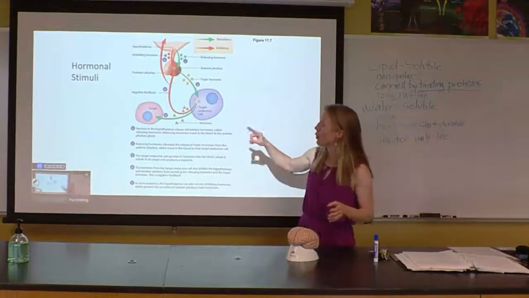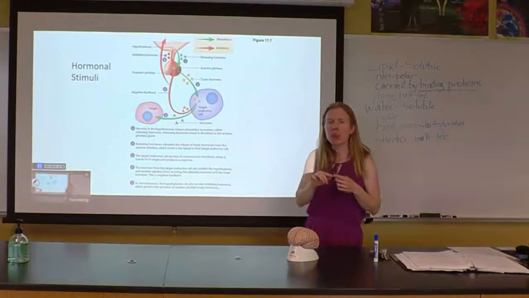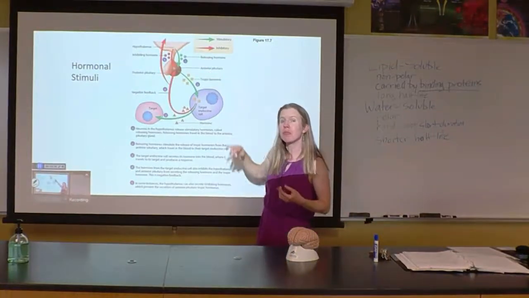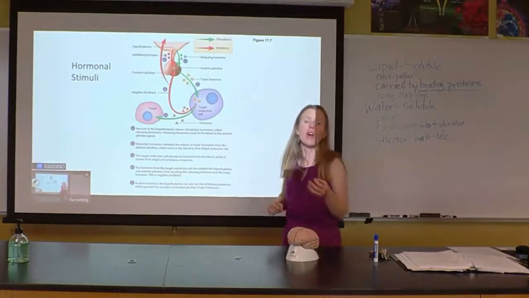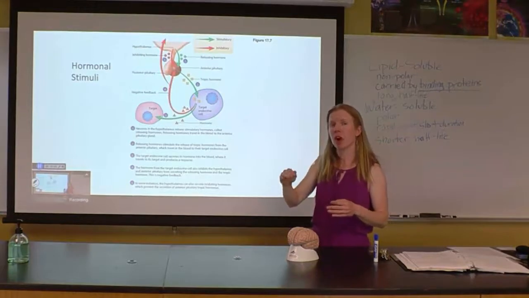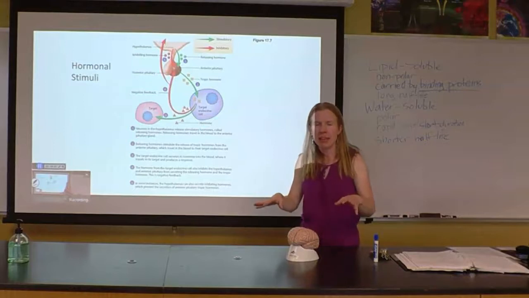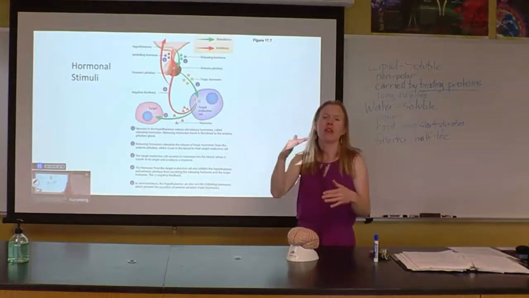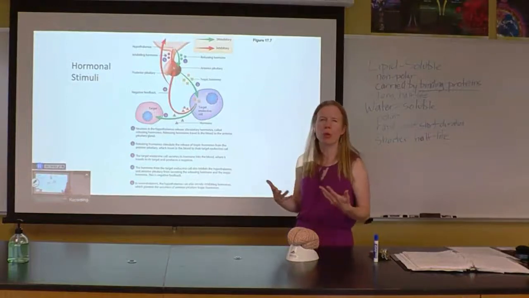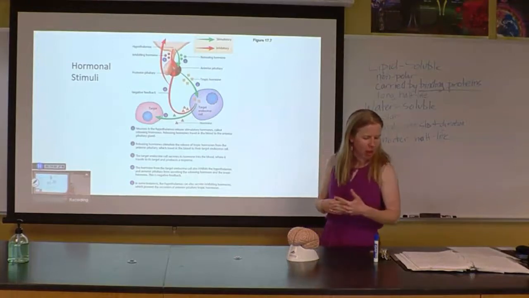Okay, and then hormonal stimuli. There's a lot going on in this picture, right? But the thing we're going to see is that particularly a lot of the hormones that come from the anterior pituitary gland are what are referred to as tropic hormones. They're actually going to cause the release of other hormones. So they don't have an effect in and of themselves. They're just going to an endocrine gland and telling it to release hormones. So that's your hormonal stimulus there. So kind of a classic example there.